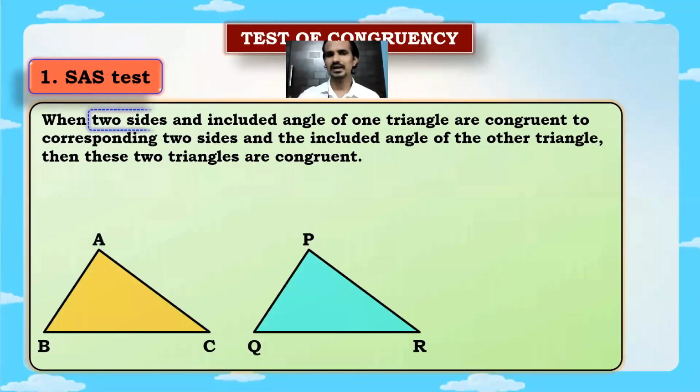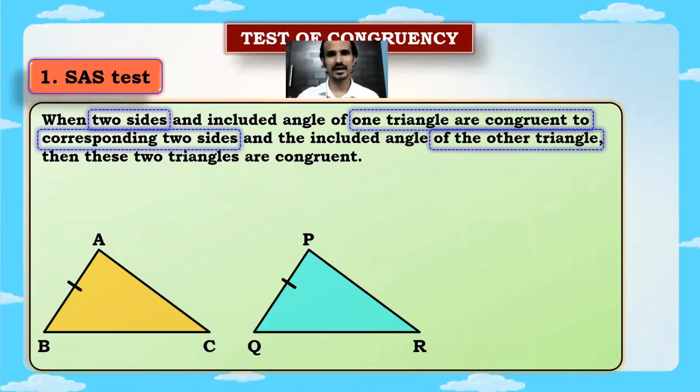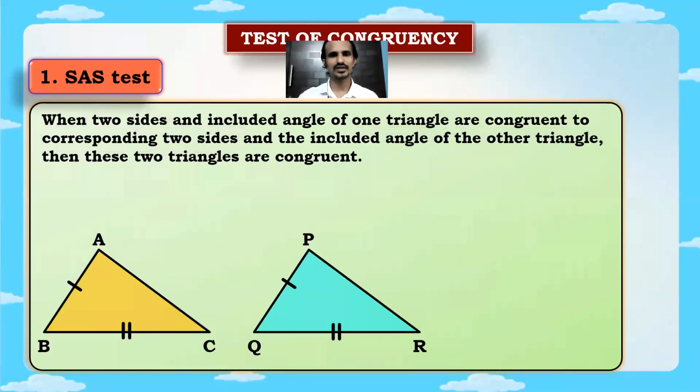Okay, so let's see this in two triangles. In these two triangles, the first thing we should have is two pairs of sides. It is always in pairs. It is not just a side, it has to be a pair. The first pair that we can see in the figure is AB and PQ. They are equal. Now look, the single dash you see indicates that segment AB and segment PQ are equal. In the same way, BC and QR have a double dash on them. That double dash indicates that BC is equal to QR. So the first pair is AB equal to PQ, the second pair is BC equal to QR. All right. So we have two pairs of equal sides.